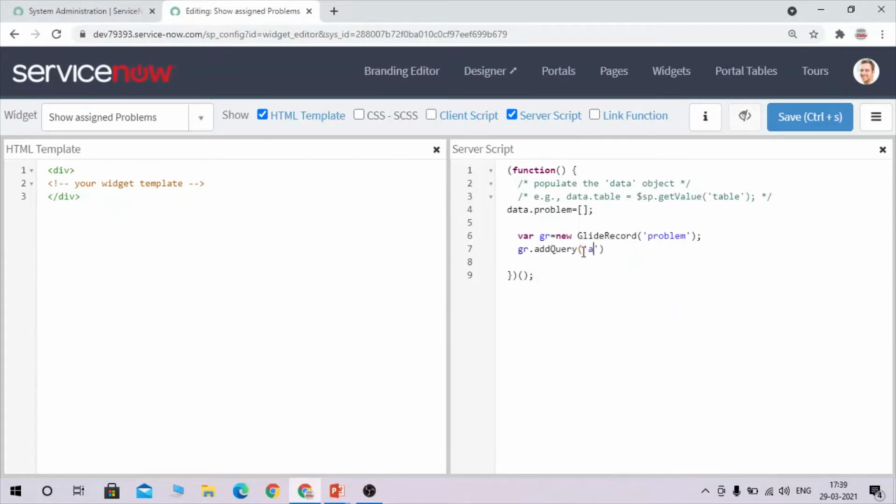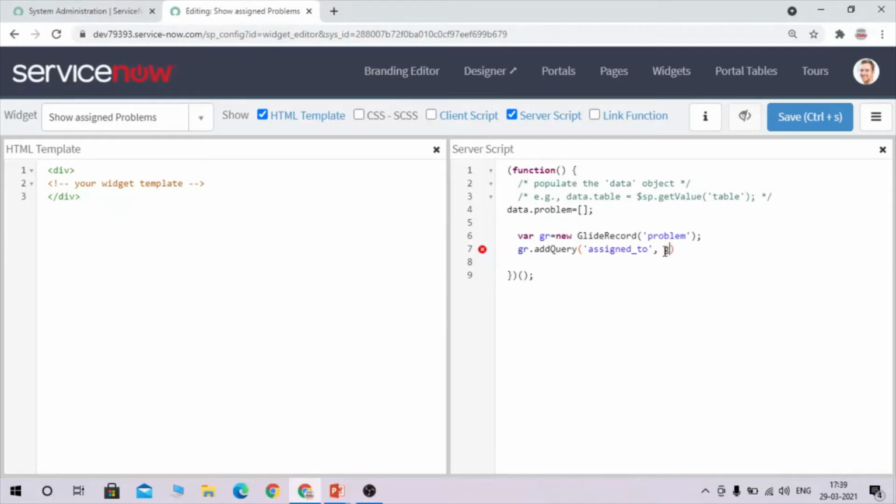So here I am going to pass the backend value of assigned to, and it should be dynamic. Like if I am using this admin profile, it should show the count of problems which are assigned to admin. And if I have impersonated some other user, it should show the count which is assigned to that user. So I'm not going to make it hard coded.